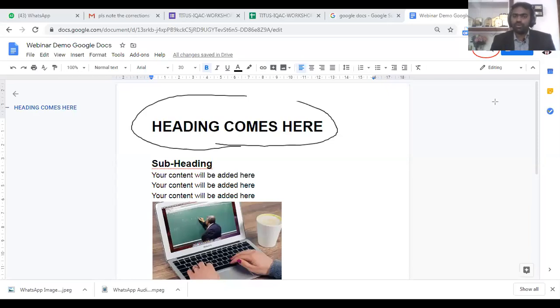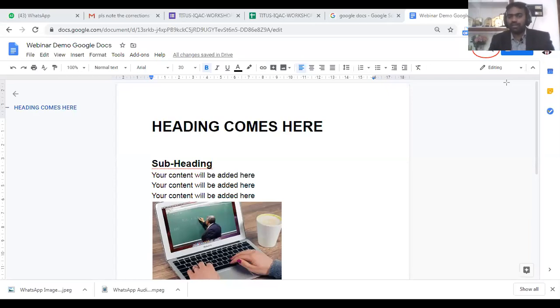And please don't use that annotation here. The problem is if you draw something on my screen, people may think that I have drawn and I am taking your attention to there. Okay. So please don't try to draw on my screen now. Others may think that I'm taking their attention to there. Okay, fine. Now you please go there.